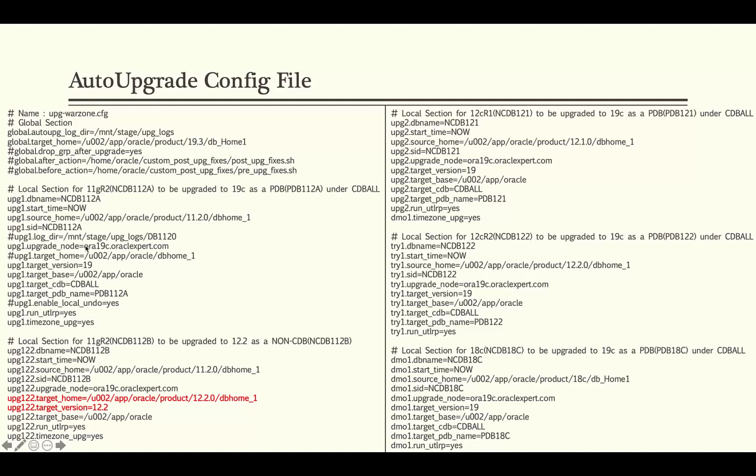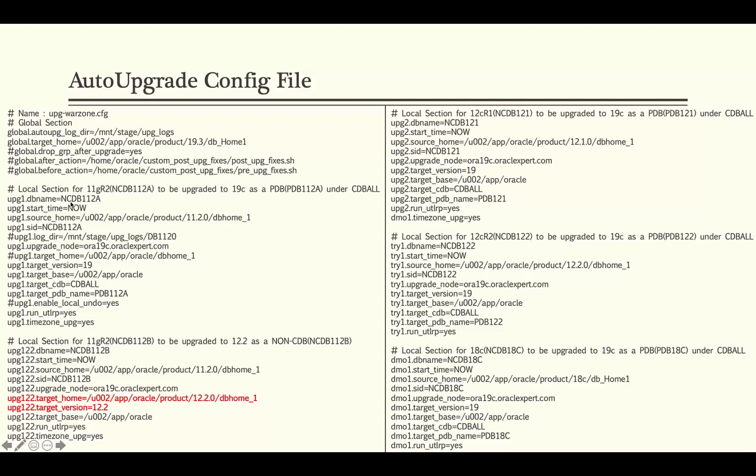And what is the name of the host on which I am going to run this upgrade? What is the target version? It's going to be 19c. What's the Oracle base directory? What is the name of the container database? And if you are upgrading this to a pluggable database, and if you want to change the name of it after the upgrade, what would be the name for the target PDB?